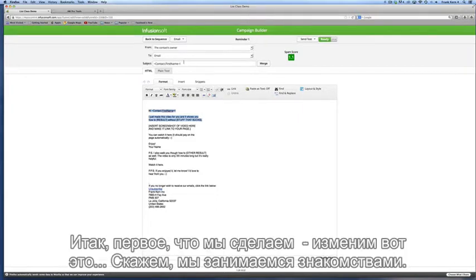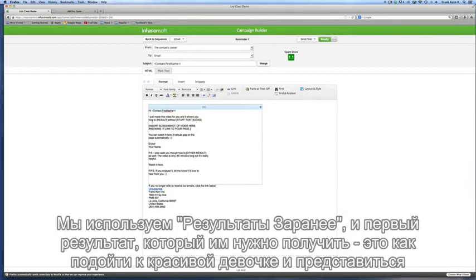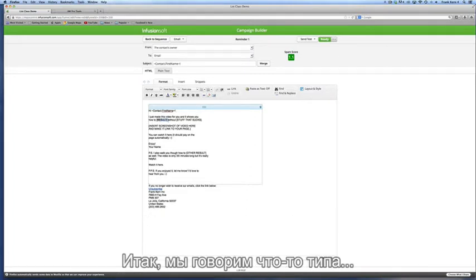So first thing we're going to do here is we're going to change out this. So let's say we're doing the dating stuff, right? And we're using results in advance, and our first result they need to get is how to go up and introduce themselves and approach a nice girl. So we would just say something like, how to